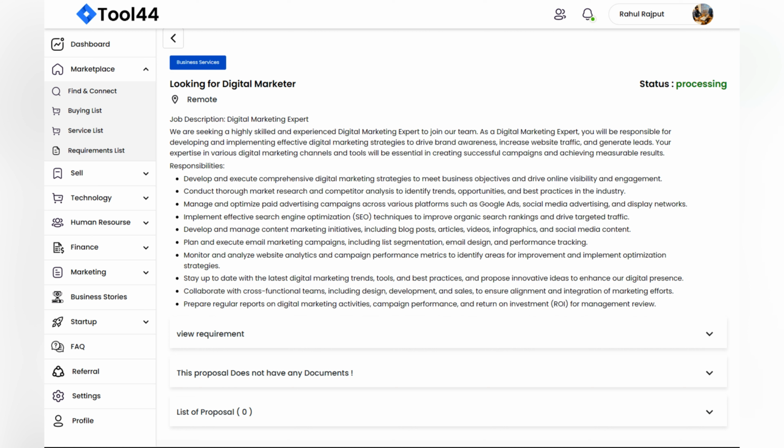You have now learned how to create a new proposal requirement on tool44.com. Utilize this feature